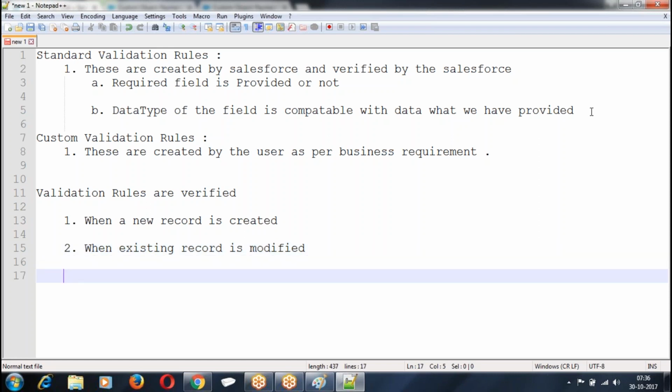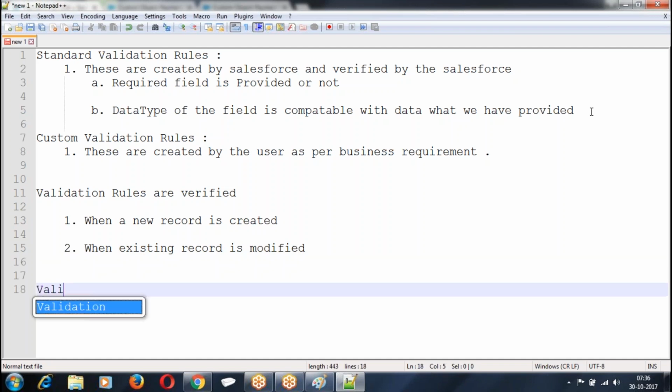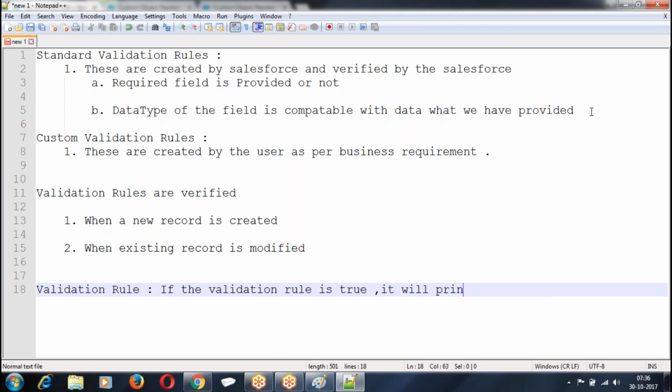Now, what we are going to do? If the validation rule is true, it will print the error message.